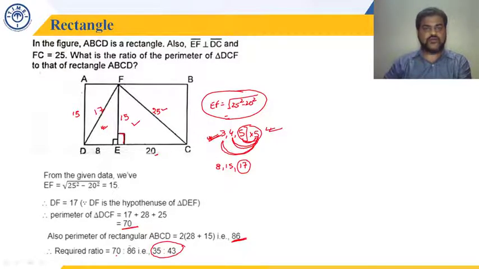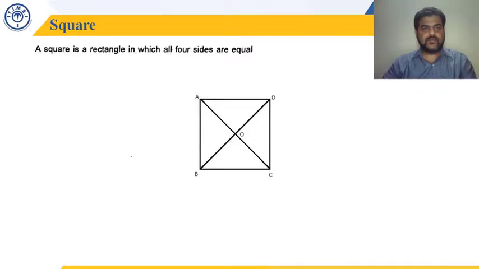Okay. Let's move ahead and see the properties of a square. So a square also is a family member of parallelogram, and to be more precise, a square is a special type of rectangle. So in a way we can say all squares are rectangles. All rectangles might not be squares. Okay, all squares are rectangles with some special property.